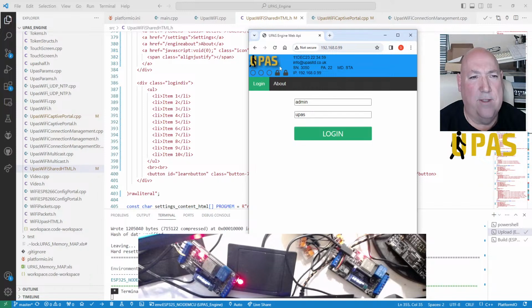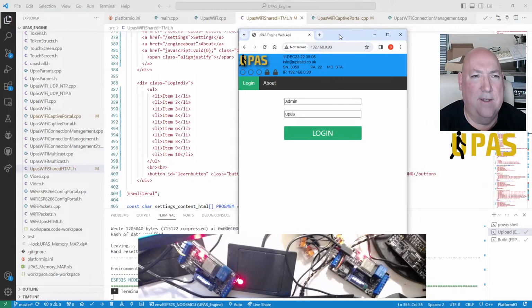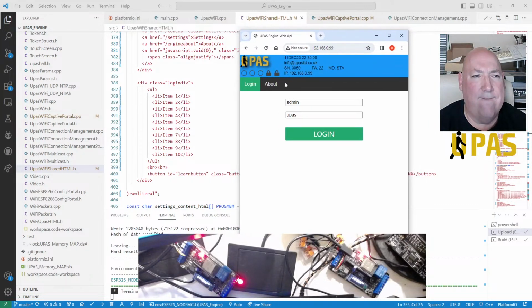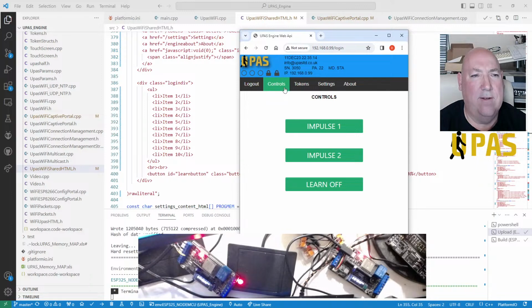It's a UPAS system that is standalone or software based on a Windows PC. So I'm just testing, I've just added a new facility. Let's log in, and we're just adding a token capability to it.